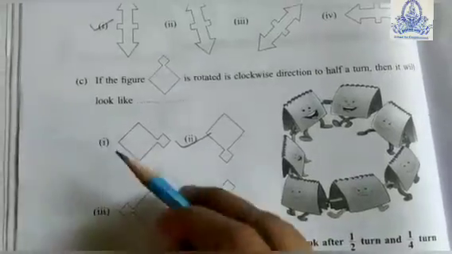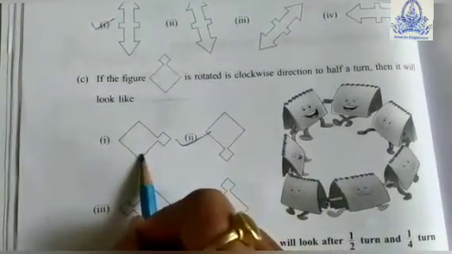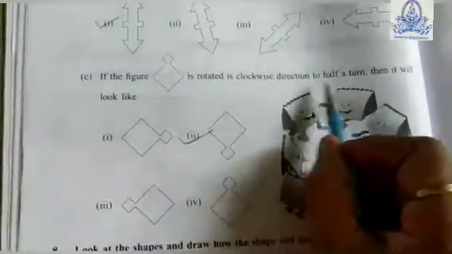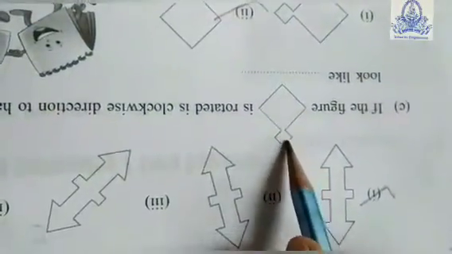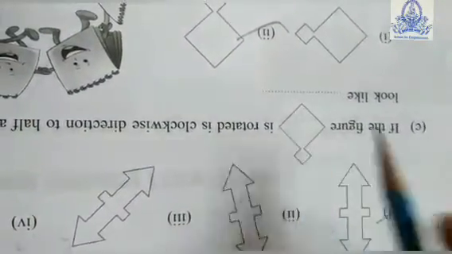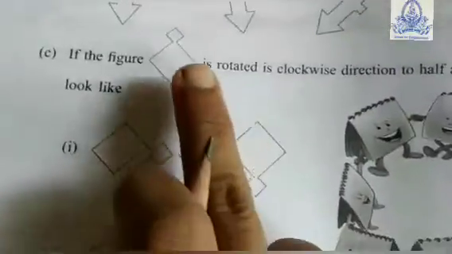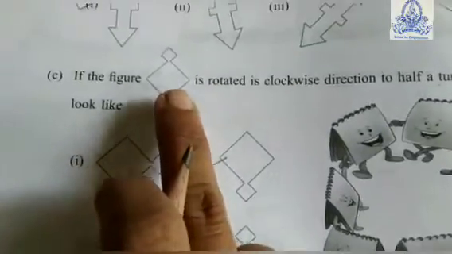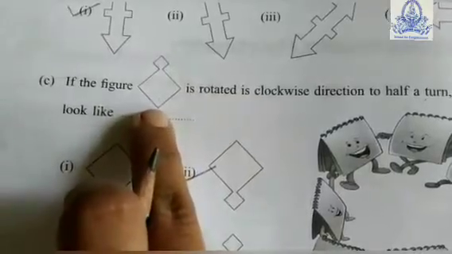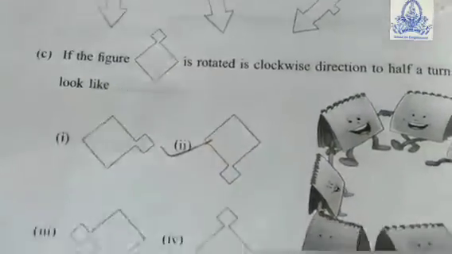All right, okay, because this is 1/4 turn clockwise, this is 1/4 turn anti-clockwise, but we want half a turn. That means I am rotating the book half. Can you see that this goes down and this goes upward? First it was like this, but when you turn half a turn, this will go down, and this corner or this square will go upward. Okay.